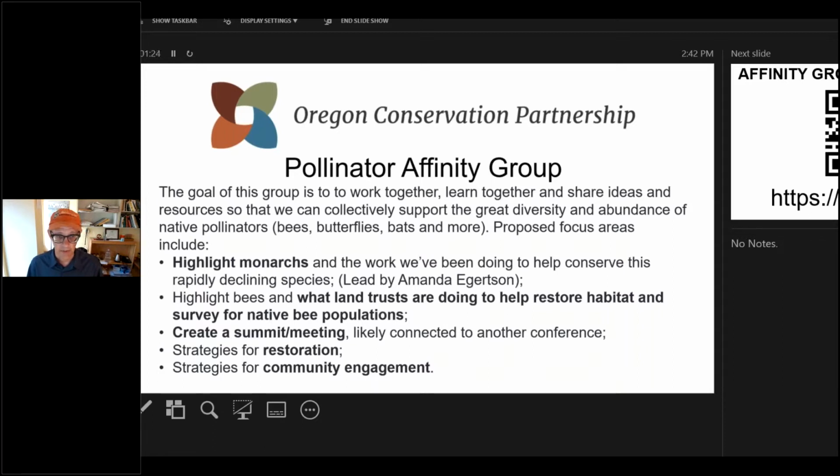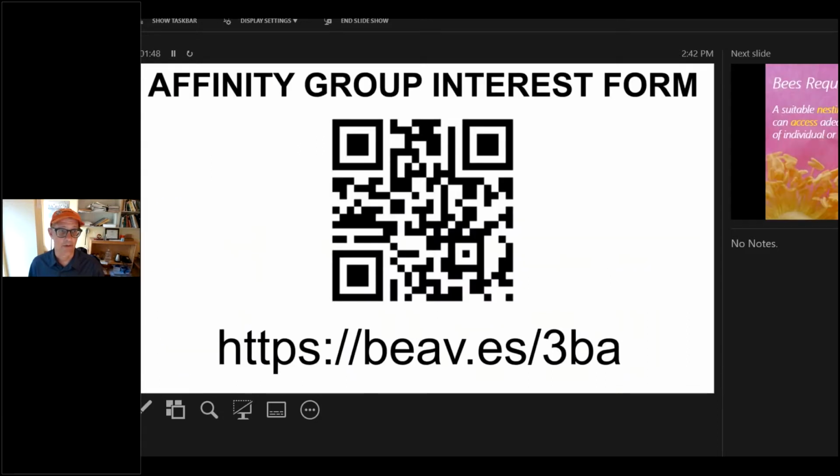One of the proposed focus areas is creating a summit or a meeting, maybe connected to another conference, where we can see each other in person and strategize. Some of those strategies are going to focus on efficient ways of getting to restoration and also community engagement. These are all up for discussion, but at least I wanted to put these up here so that you had at least a glimpse of what the work would be before I put this slide up, where I ask